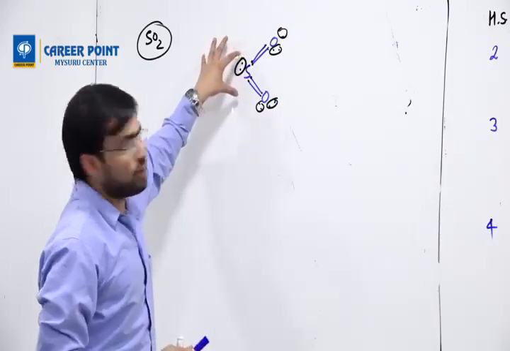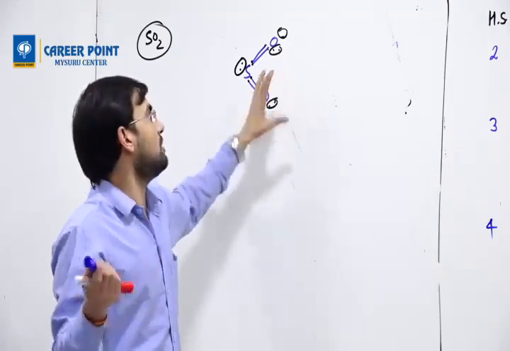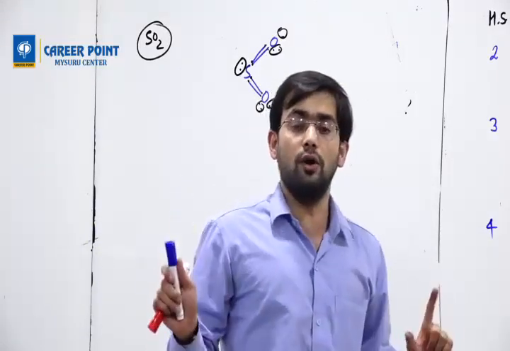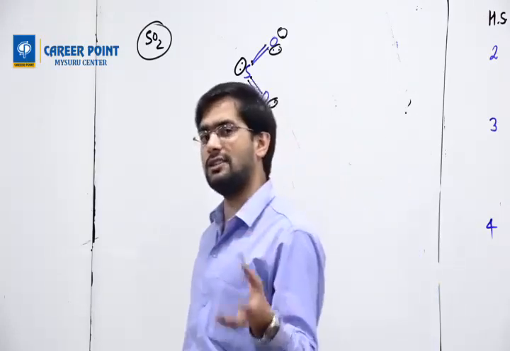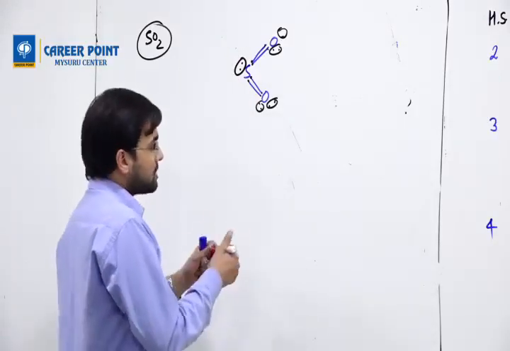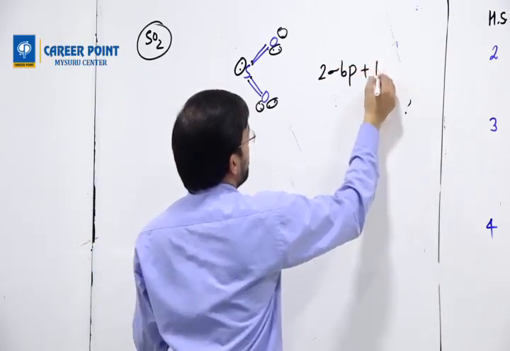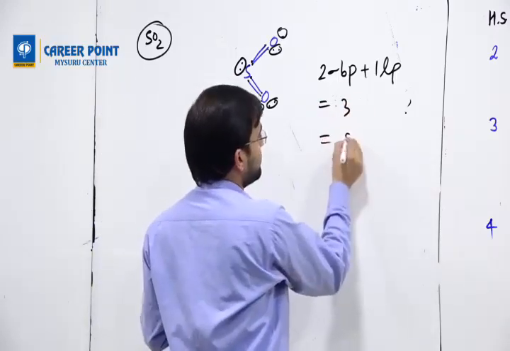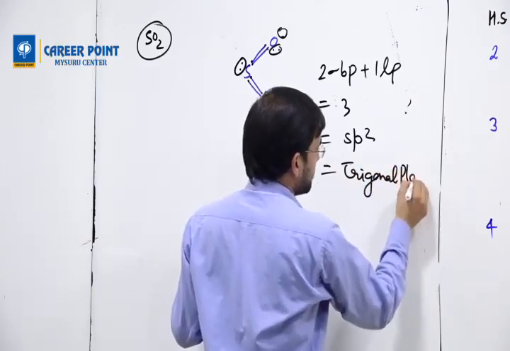Basically, when I want to find the hybridization value, there is no use in finding these, because they are not counted anywhere. If a question specifically asks for the total number of lone pairs, then it is advisable to find it for the remaining surrounding atoms like oxygen. But if they are simply asking for the hybridization value, you only need to do it for the central atom. So the central atom has how many lone pairs and how many sigma bond pairs? 2 sigma bond pairs plus 1 lone pair, total 3: sp2, trigonal planar.